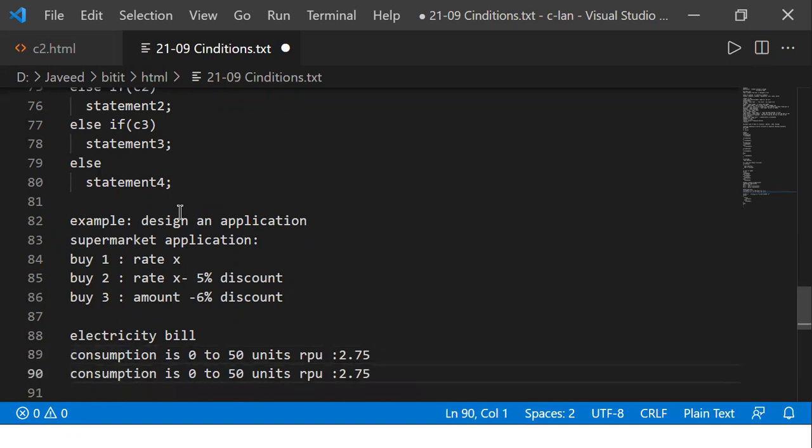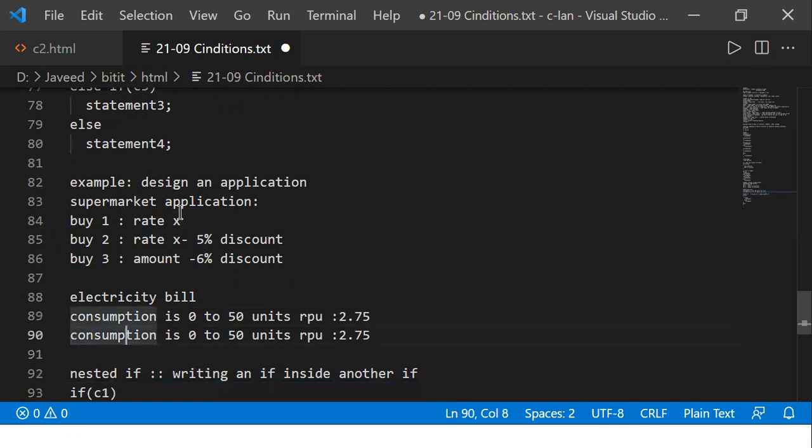Now they say if your consumption is between 51 units and 100 units, then I'll increase the price there. So instead of 2 rupees, let us say 3 rupees 15 paise.